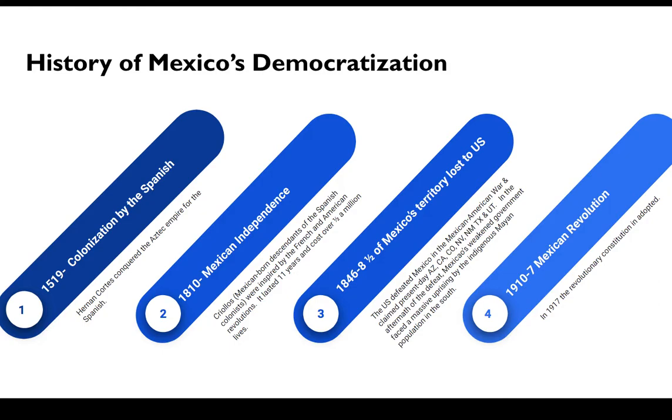It lasts for 11 years and it costs over 500,000 lives. But then they have a government and it's independent. It's not controlled by Europe, but it's not very stable and it's not very democratic, for about 100 years. Then in 1846, Mexico actually loses about half of its territory to the United States in